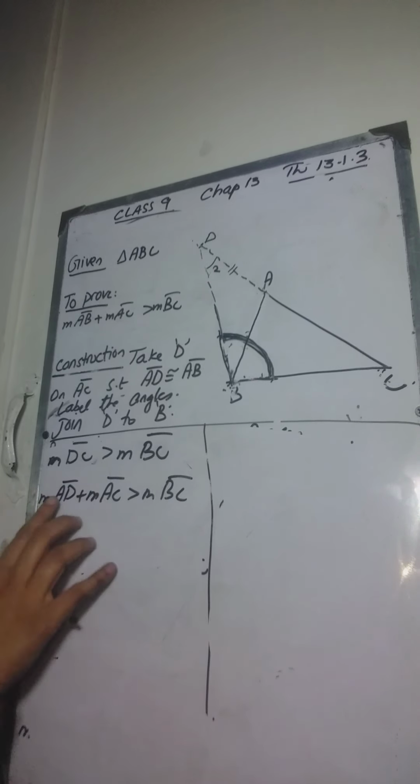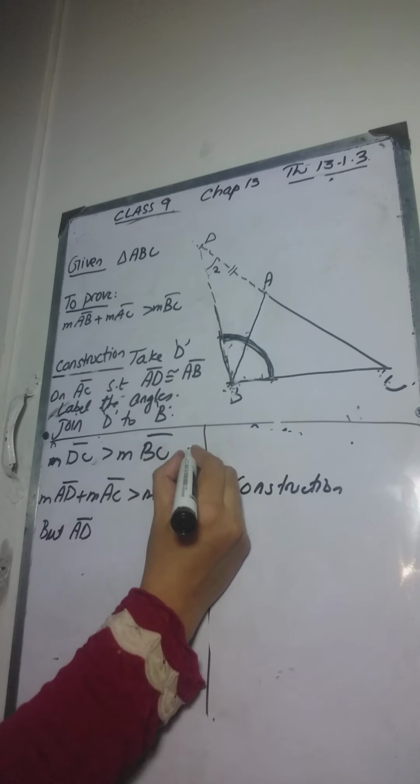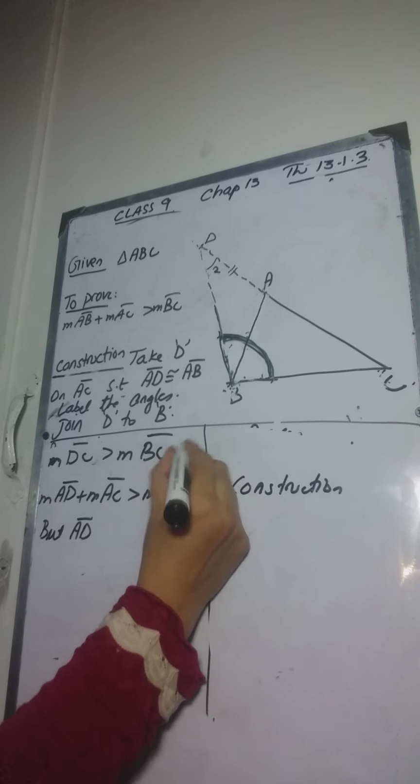Now AD plus AC is greater than BC. This is from construction. Okay, let's move forward. AD plus AC is greater than BC because we have written DC as a sum of these two, which is very clear from the figure. Now this is actually DC. We have split it as a sum of these two sides. Now we know that AD, but let us name this as, I think we have named up till 3 or 4, okay, name it as asterisk.